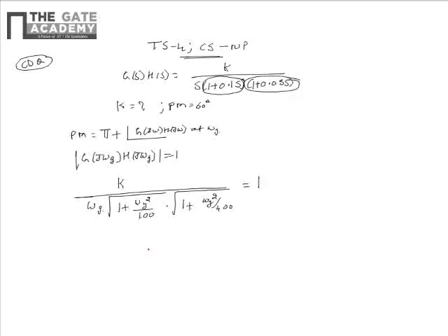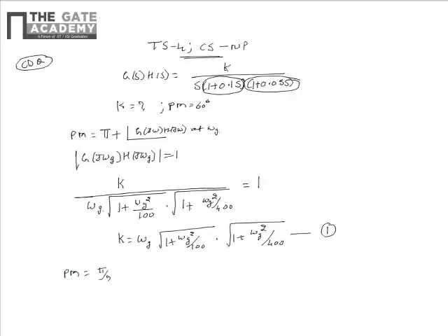and upon simplifying we see that K is equal to omega g multiplied by square root of 1 plus omega g square by 100 multiplied by square root of 1 plus omega g square divided by 400. Let us mark this equation as 1, and from the given data we know that the phase margin Pm is